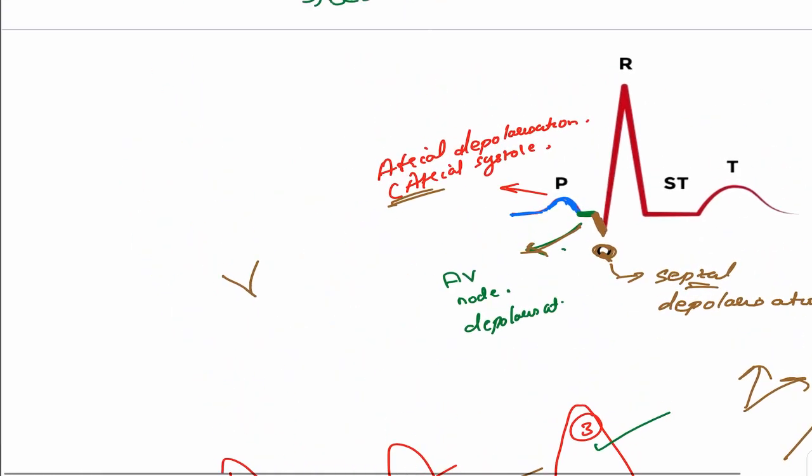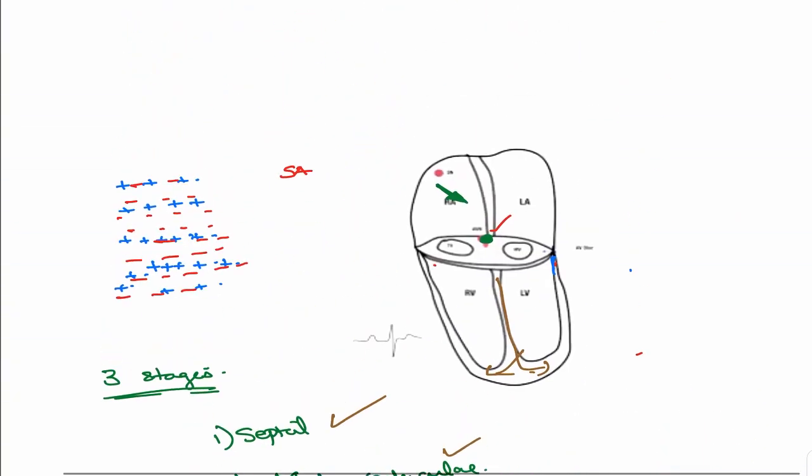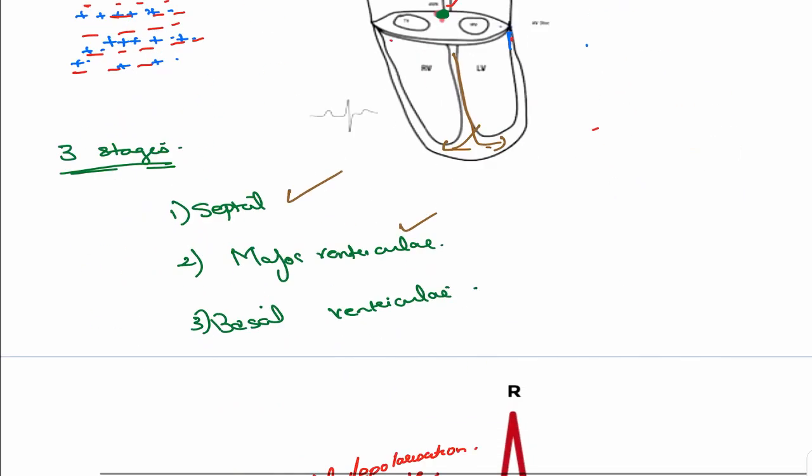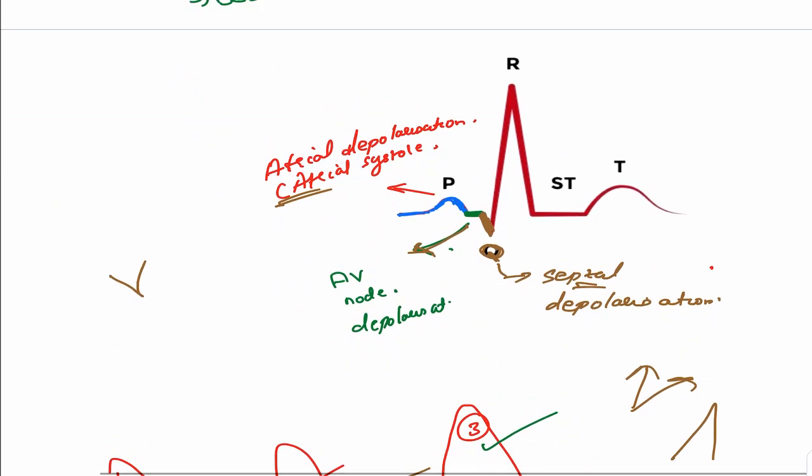Whereas when we talked about the atrium, we said it's a slow conducting system. It doesn't have a Purkinje fiber system. So the deflection will be slow, meaning we won't get a peak, we will get a P wave, which is basically like this. That's why, since the conduction is very fast, we are getting a very sharp peak. Now if the conduction in the septum is slow, what happens? We won't get a peak, and the interval in that region will increase. We'll say later on, the PR interval and different intervals will increase.